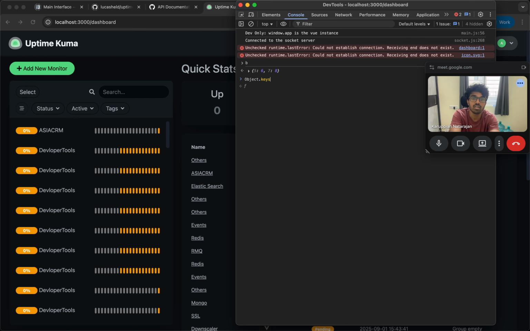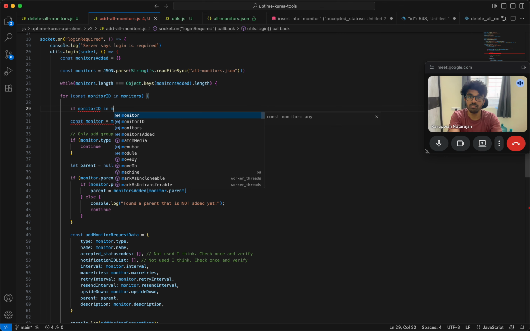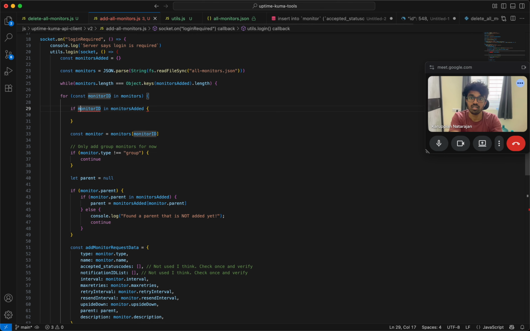So now I will do this while and keep going until. If the monitor is already added, then I'll not add it. So if monitor ID in monitors added, then the problem is it will still not add some of these things, right? So I'll just say something like